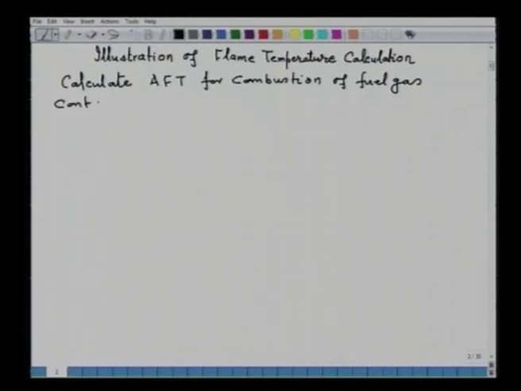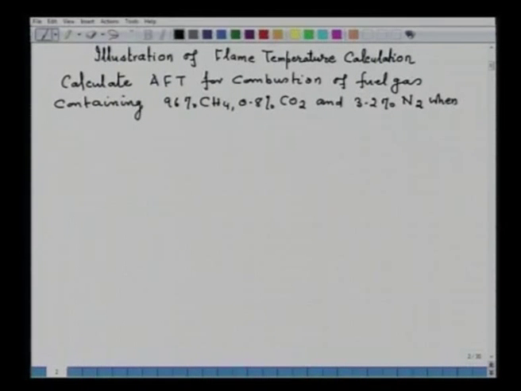containing 96% methane, 0.8% carbon dioxide and 3.2% nitrogen when burnt in theoretical air. Theoretical dry